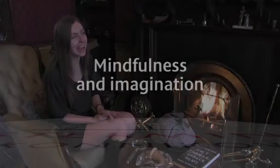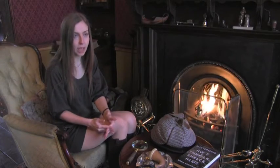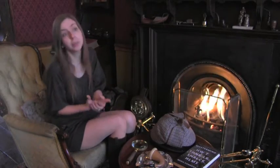One of the things that Holmes does incredibly well is be creative and allow his imagination time to work. We often think of him as just this very cold, rational, reasoning person, and he is. But he's also incredibly imaginative. And that's one of the things that mindfulness helps with. Because mindfulness and imagination are both about distance, about learning to take a step back and to give your mind time to think, time to make connections, time for material to percolate,